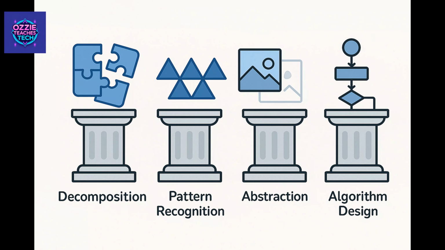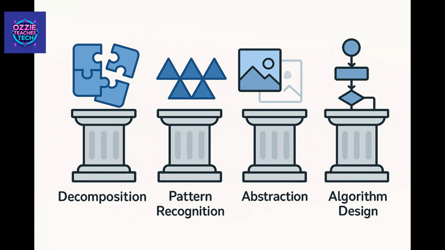Yes, I know. Computer science is not programming. Yes. Here's what that means. 1. Computational thinking. This is your ability to break down complex problems using decomposition, where we break down big problems